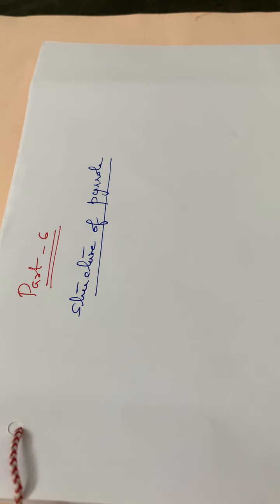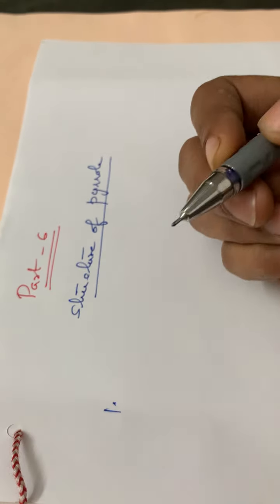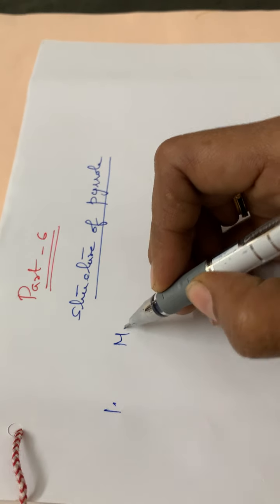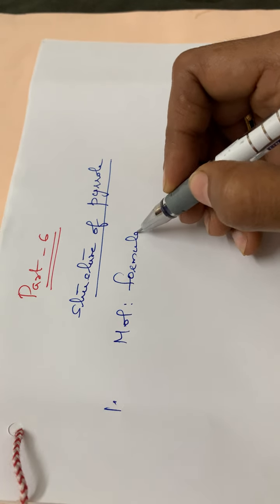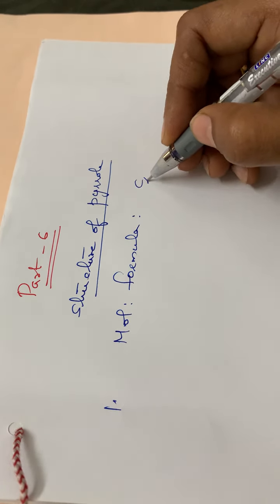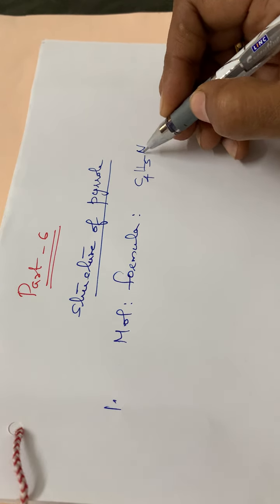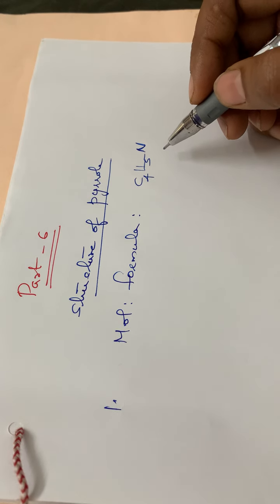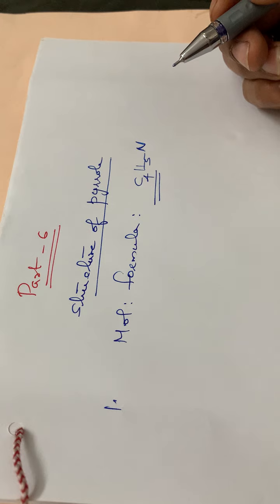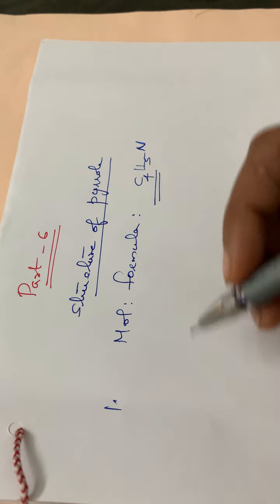Normally the first step in every structure elucidation is the determination of the molecular formula as well as the molecular mass. So here the molecular formula of this pyrrole is C4H5N. By using certain chemical analysis methods, we are determining the molecular formula of this compound as C4H5N. That is the first point.